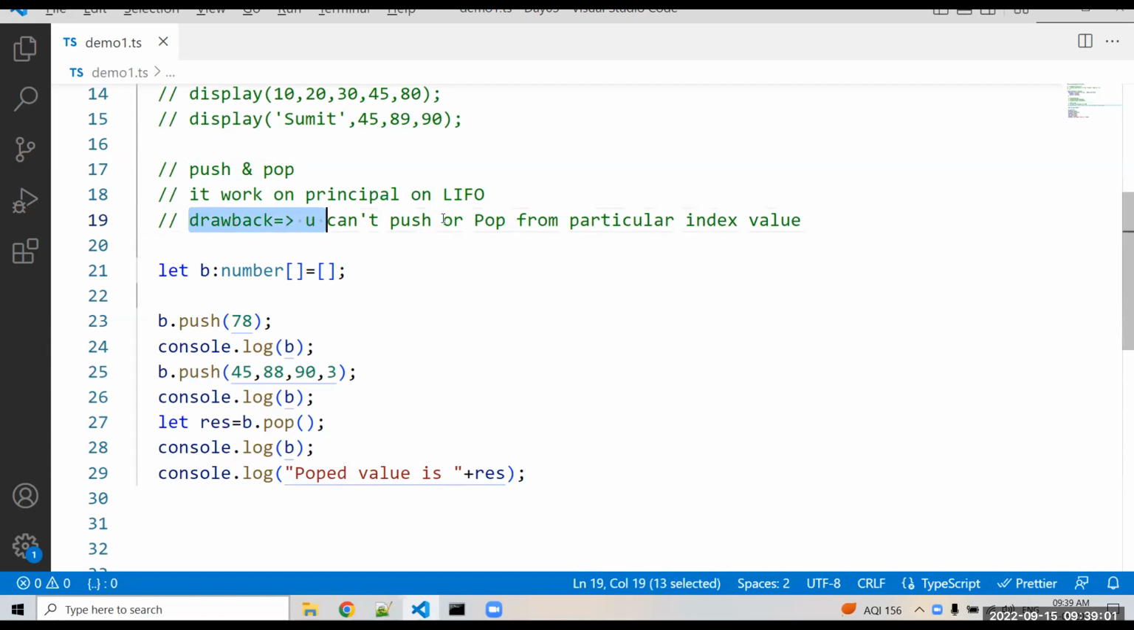To overcome this drawback, one more functionality is provided. That functionality is called the splice method. With the help of the splice method, you can